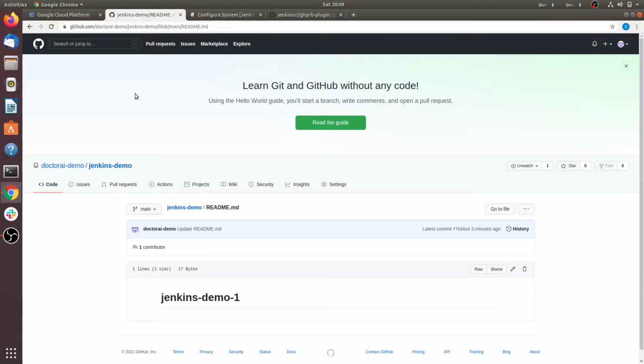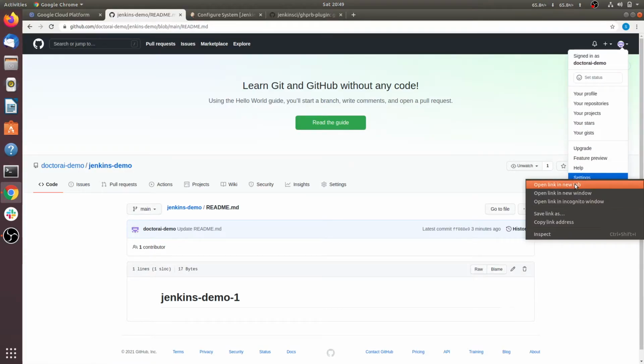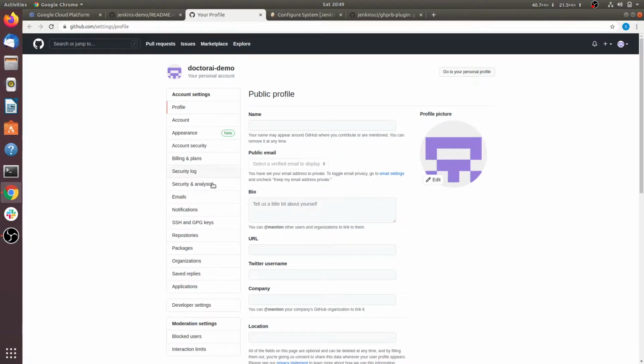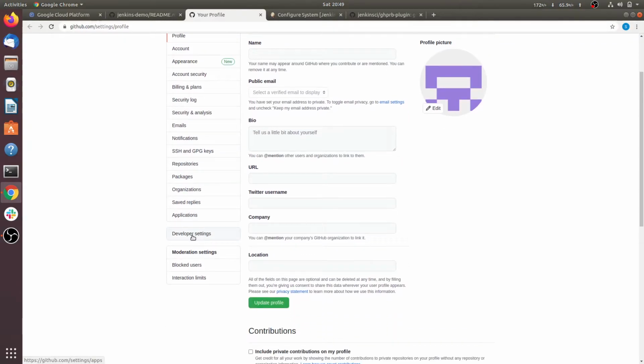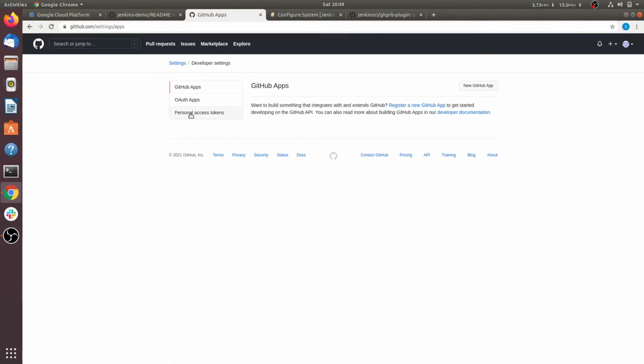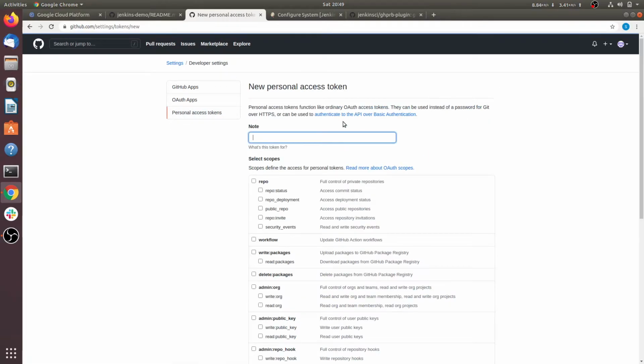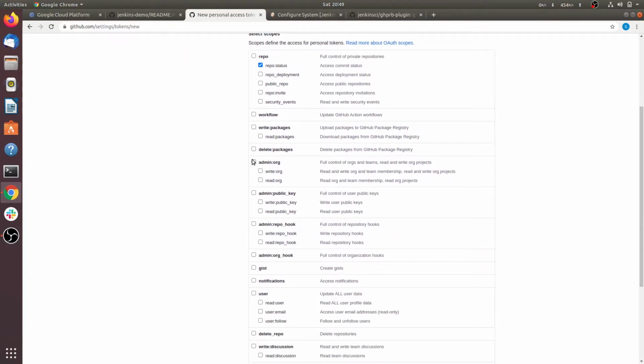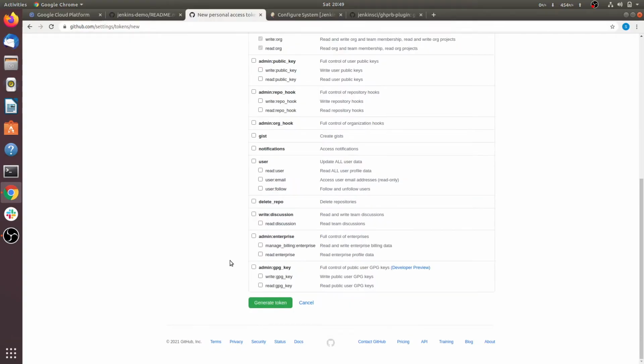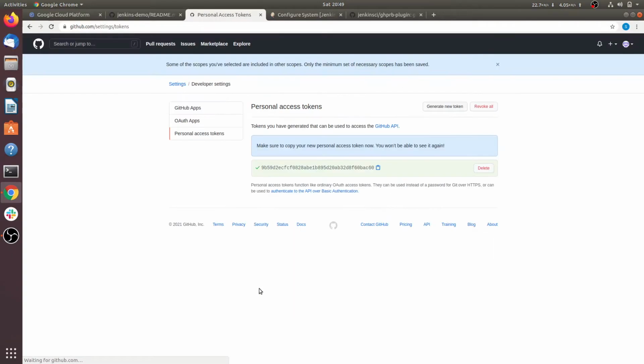Go back to your GitHub account and go to your profile under settings. Go to developer settings, personal access token, generate new token, give your token a name, provide repo status, admin, org, generate token.